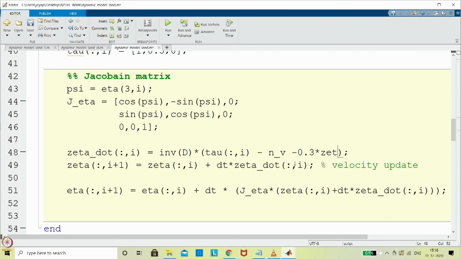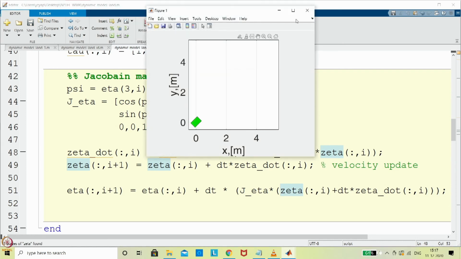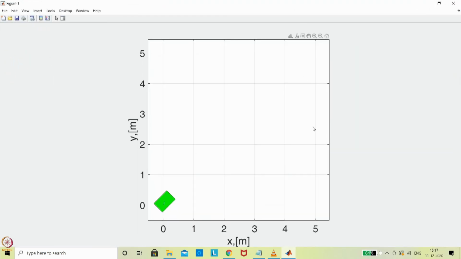So in the sense of zeta, when we write a second order system, it is very close to a damping coefficient. This is the damping coefficient, and this is the damping overall term, which is velocity based. Now if I add it, the velocity would get streamlined, so in the same scenario the velocity would be somewhat getting settled.